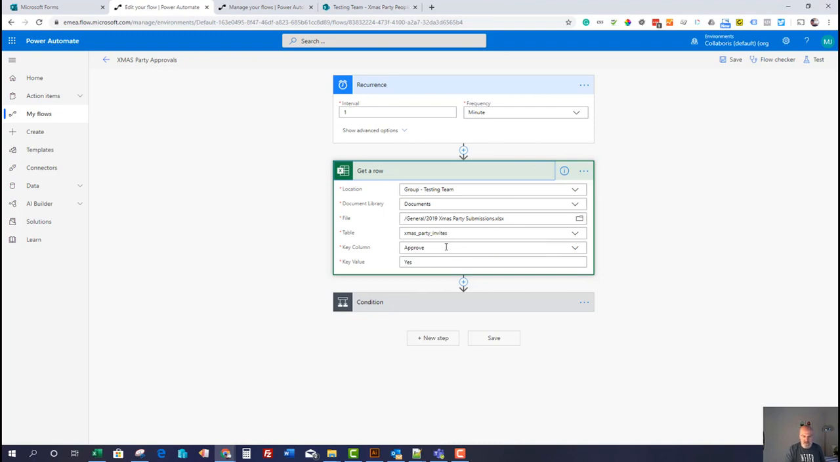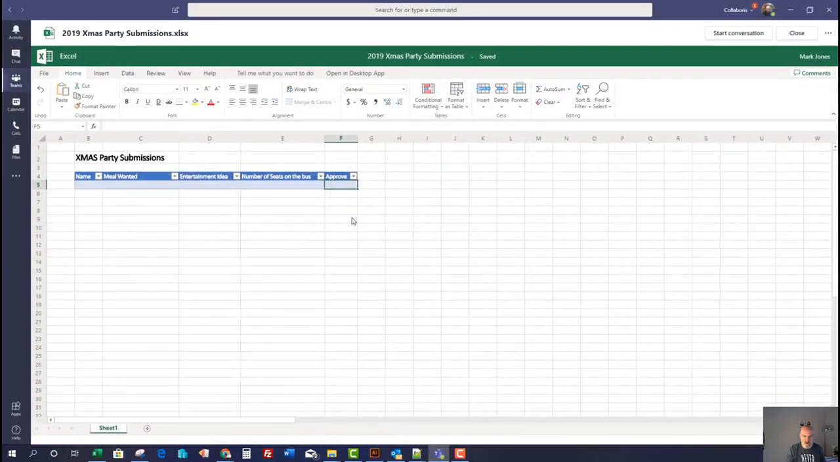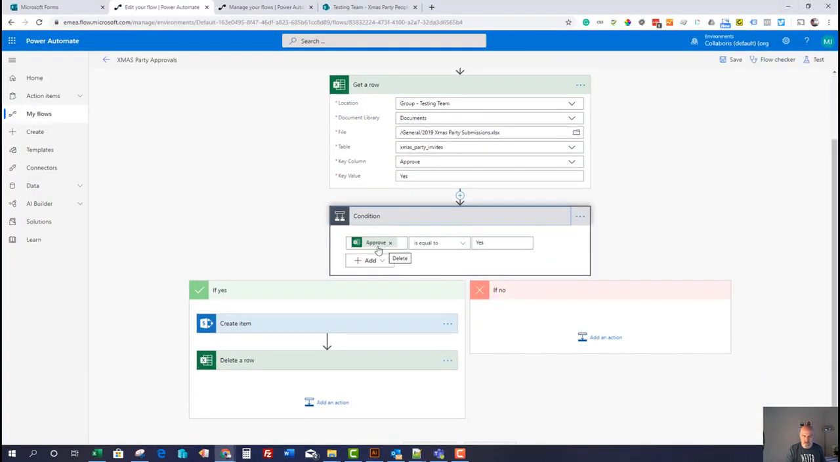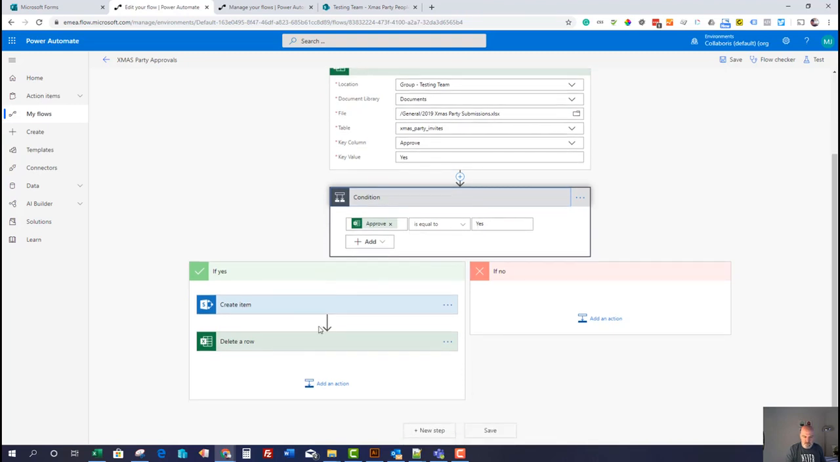And then I've said if the key column approved, so the column in the Excel is approved and the value is equal to yes, then I want it to run. So we've got an approved column here, and if you imagine what I'm going to do is I'm going to type a name, the type of meal I want, the entertainment idea, number of seats on the bus, and then I'm going to type a yes for approved. And then what will happen is we do a belts and braces check on that, which is if the approval is equal to yes, then it's going to fall down this leg of the flow,